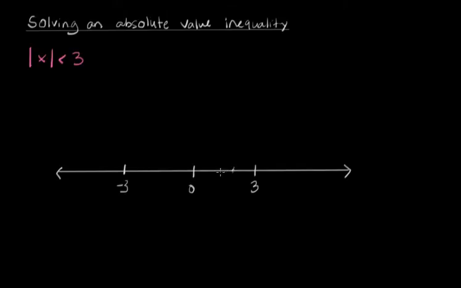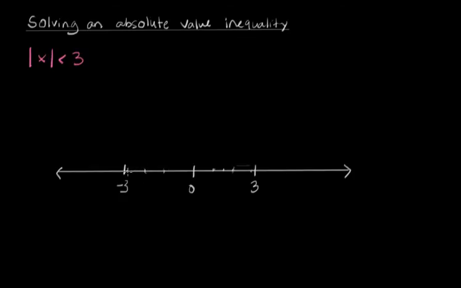It could be 1. It could be 2.5, or it could be 2.87. It could be anything in there, or the x part inside the absolute value could be something negative, like -2 or -1 or